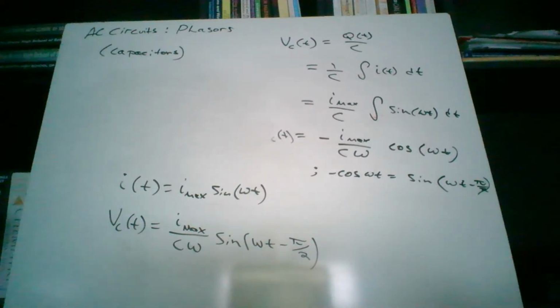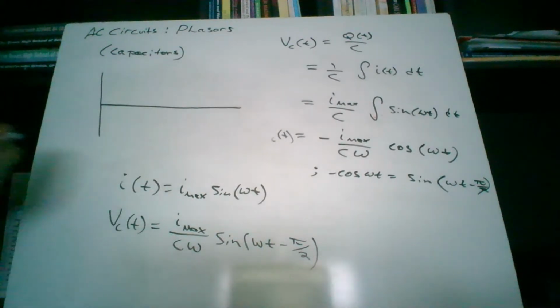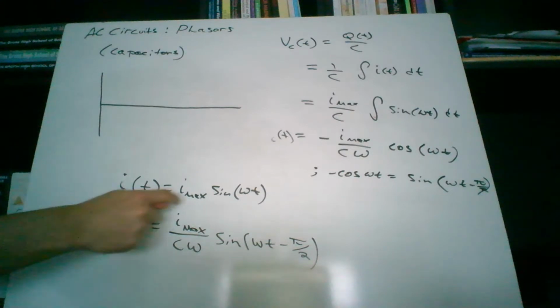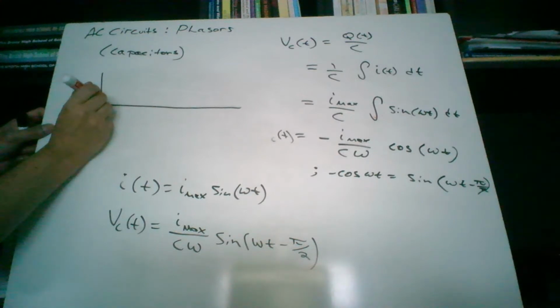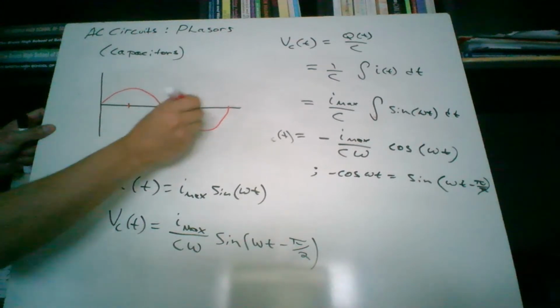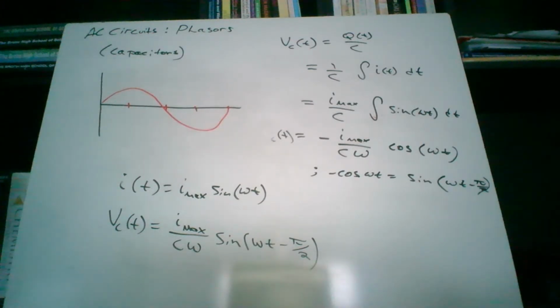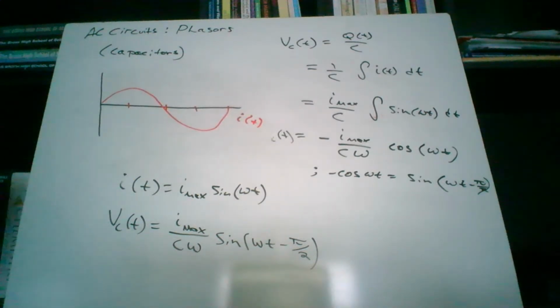So we can plot our graph. Let's do I as a function of t first. So it's the sine graph that we're so used to seeing, and it's going to look something like that. Good. Okay. So this is I as a function of t. And then we're going to plug this term right here in, the voltage as a function of the current. And what would we get there? We would get,